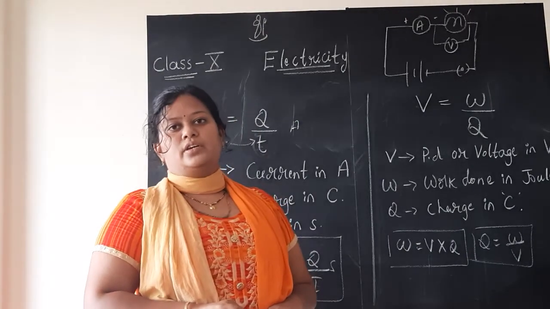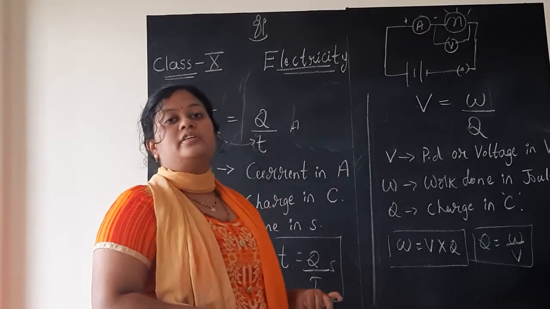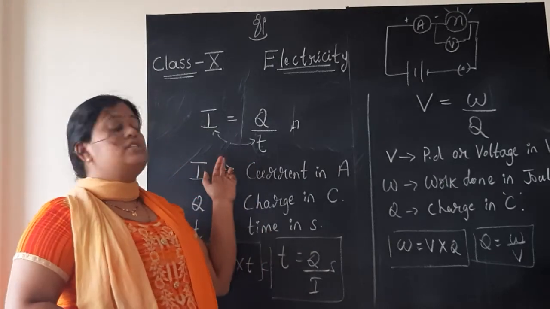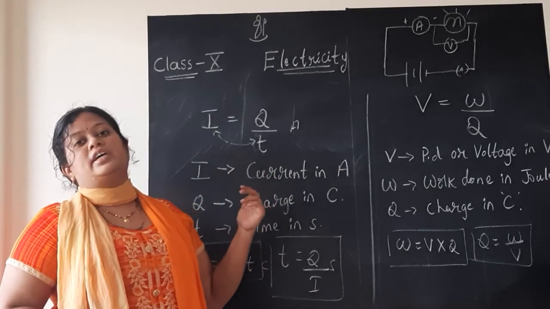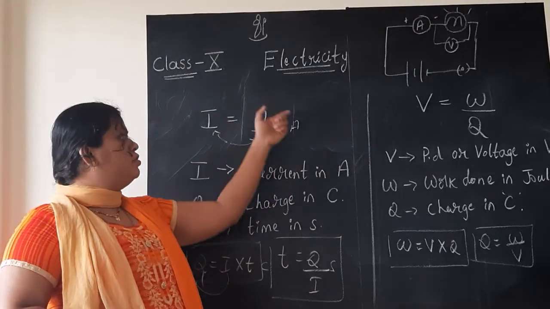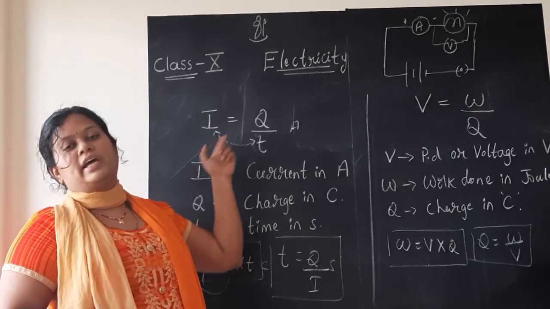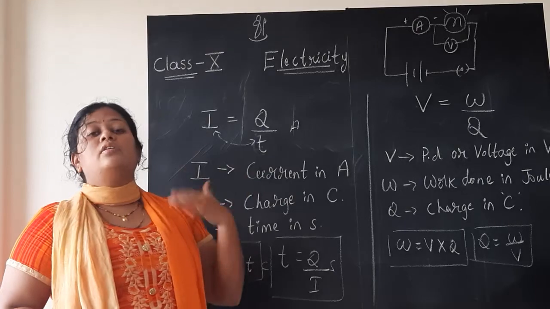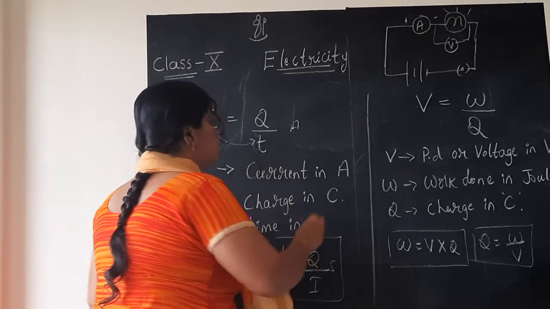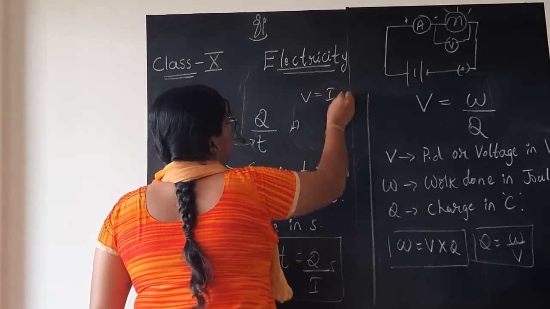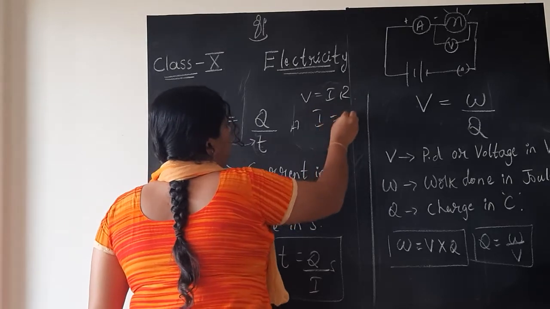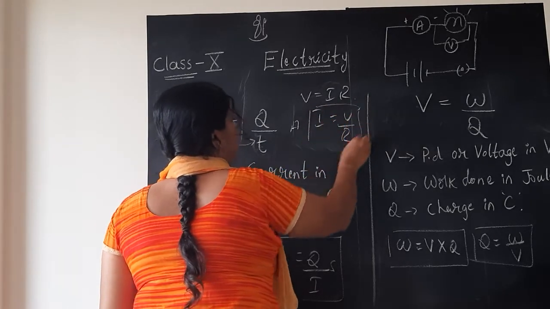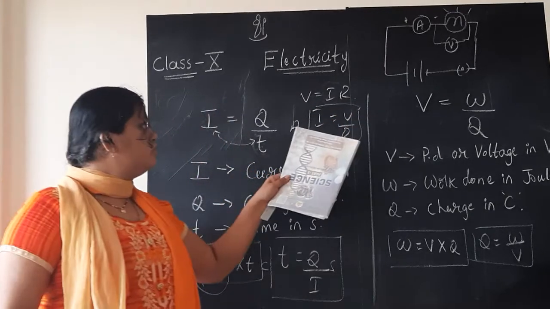in the circuit. In the worksheets given children, if I asked you what is the formula to measure the current in any circuit, many of you have written this formula, that is I is equal to Q by T. But a few of you have written Ohm's law formula. The Ohm's law is V is equal to I into R. So I will be V divided by R. And this is not wrong.